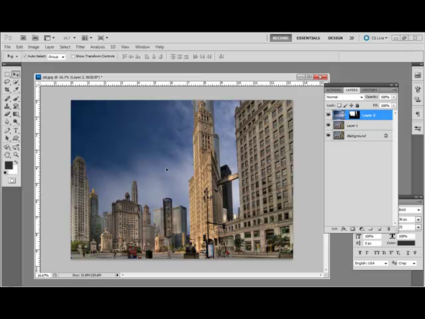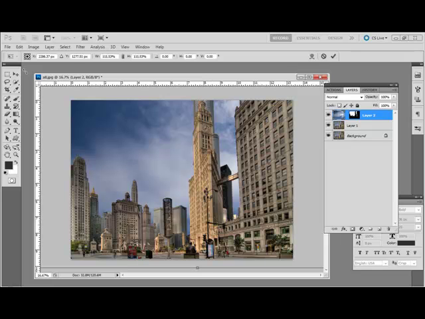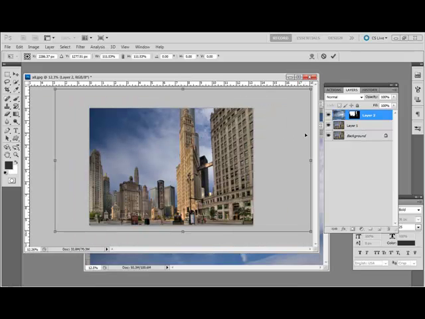Now here's something that you'll want to know. When I click and drag this up, the Free Transform tool handles on some of the sides have disappeared. So if I press Control or Command 0, not O, Control or Command 0, it brings it all back on the screen for me to see where those handles are. Okay, so now I can double click or hit Enter to apply, and I can see how my new sky looks. There's the old one,